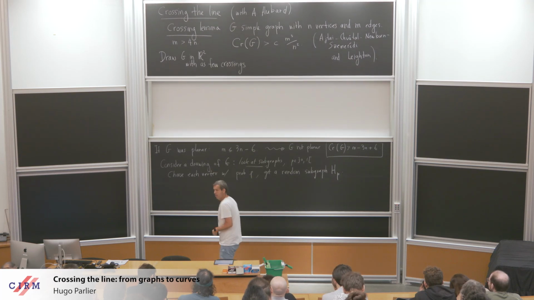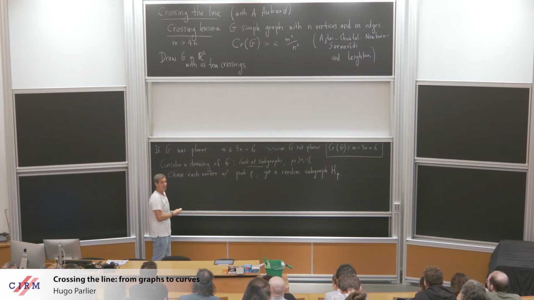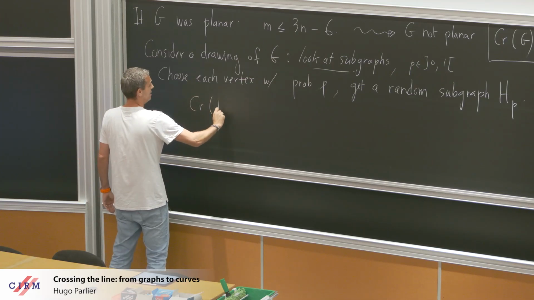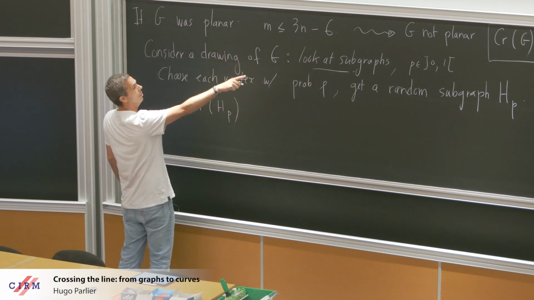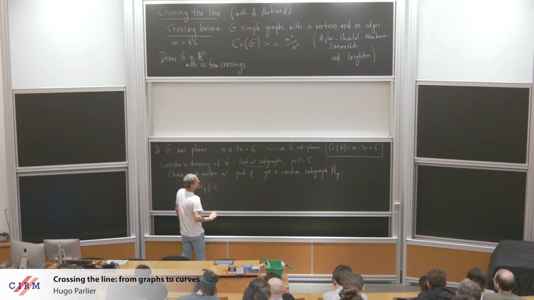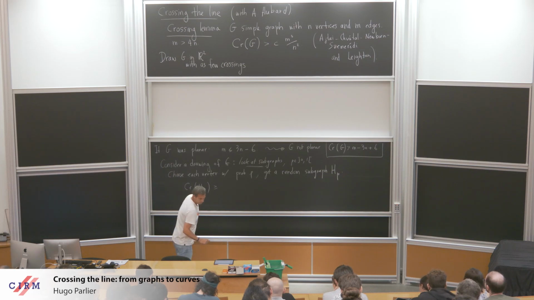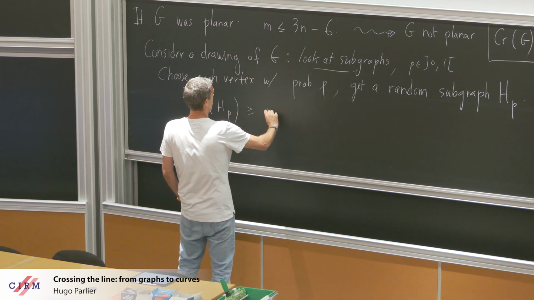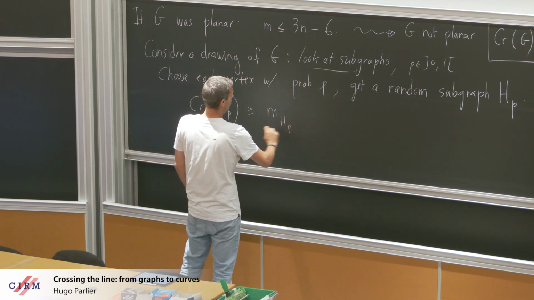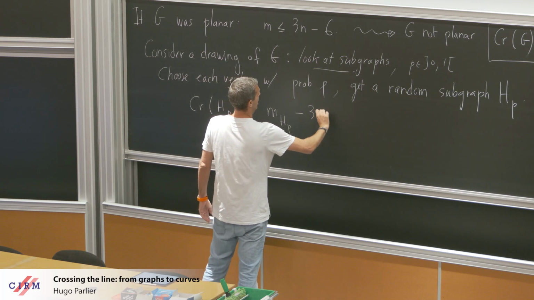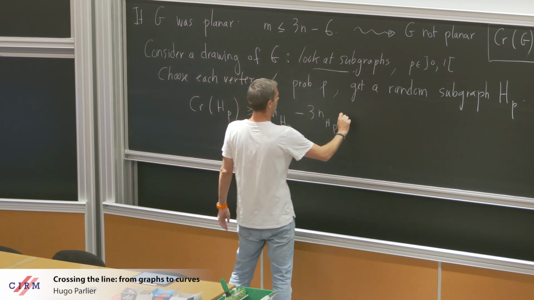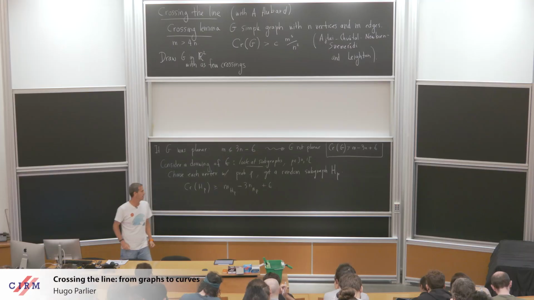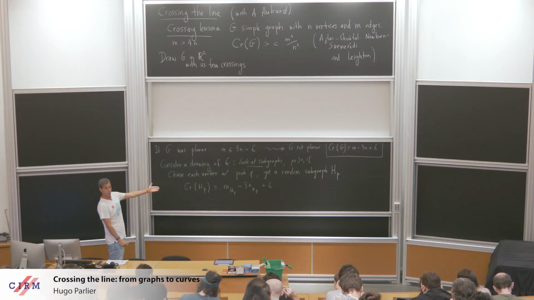So, of course, this random subgraph is also a graph, so its crossing number behaves exactly like our other one. Right? And so I get exactly that this is going to be greater or equal to, how do I want to write this? The number of edges of this subgraph, minus 3 times n, the number of vertices of this subgraph, plus 6. We're going to stop worrying about the 6 in just a second, but nonetheless. So this is true, right?